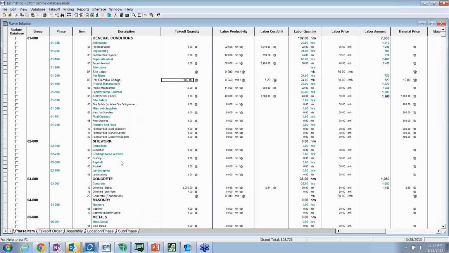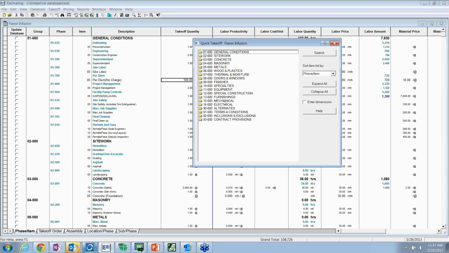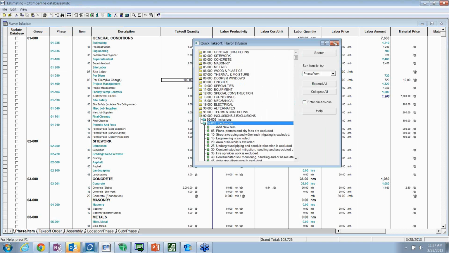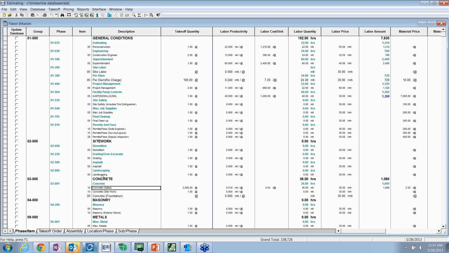Above and beyond, everything I've just shown for this moment is kind of canned with the system. We also have the ability to have a custom report writer that's tied to Crystal Reports. And the whole concept is, hey, I've done this estimate, and maybe I even want to take it a step further and put some inclusions, exclusions, contract provisions, things like that. And you'll notice in this example, above and beyond a 16-division database, we had some inclusions and exclusions that we put in the database. Well, the whole concept is I can change stuff down at the bottom of the spreadsheet